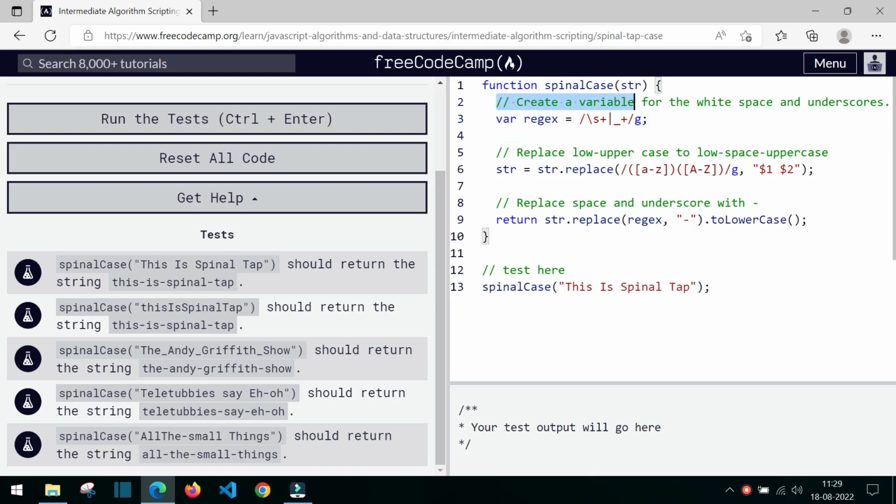What I have written here is: create a variable for white space and underscores, because you can see this string is separated with white space and this string is separated with underscore. So I am going to be writing code for that. Write here variable regex equal to /\s+. S means space and plus means many spaces. So /\s+